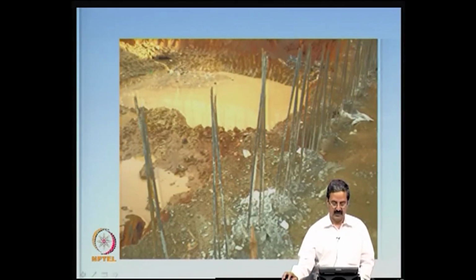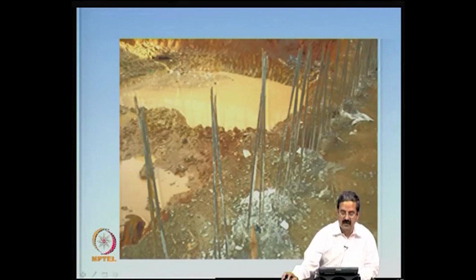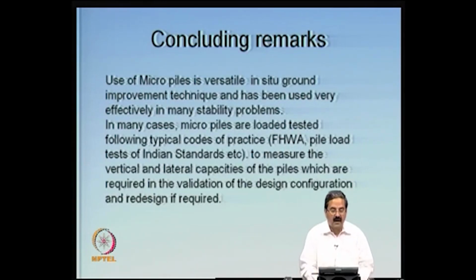the materials, like this is a steel casing, this is a central reinforcement rod, and this is a grout. In fact, if you are able to design properly, this grout makes it possible to get very good capacities for shear resistance. That way one can get very good improvement here, and a similar case was also done for a railways project in the northeast. What I would like to say is that micropiles are a very versatile in situ ground improvement technique,